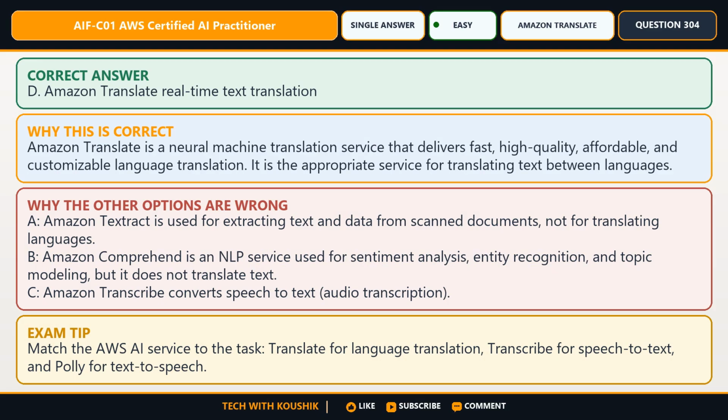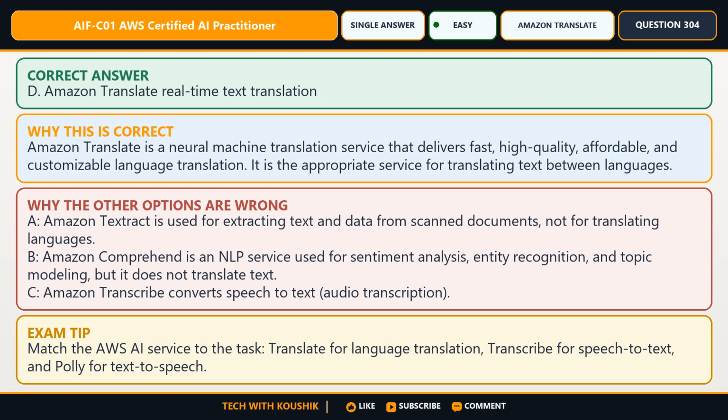Here is the reasoning that confirms the answer. Amazon Translate is a neural machine translation service that delivers fast, high-quality, affordable, and customizable language translation. It is the appropriate service for translating text between languages.